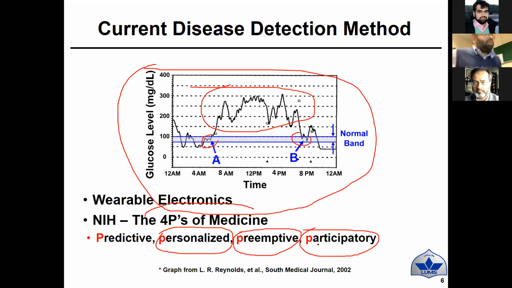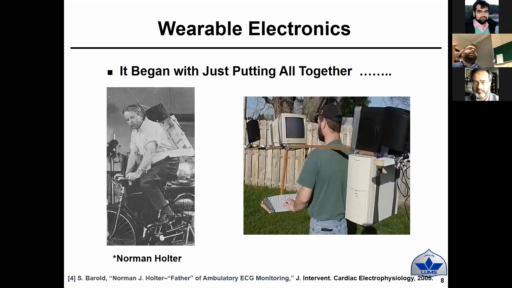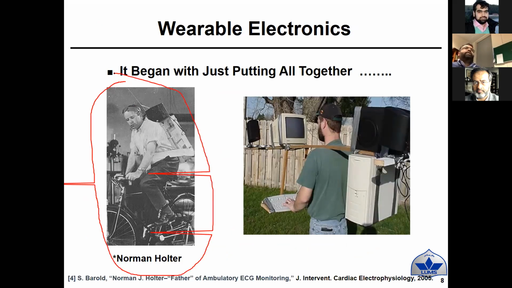And also, linking to the same thing, wearable electronics is not new. People started thinking towards this, I would say, 50 years back, though they were not able to combine it because of a lot of factors. Motivation was minimal, interest was not there, but they started looking into it. And one of the famous examples is the guy here. I don't know if any of you know this guy, but he is a famous person. The name might be familiar to some of you: Holter.